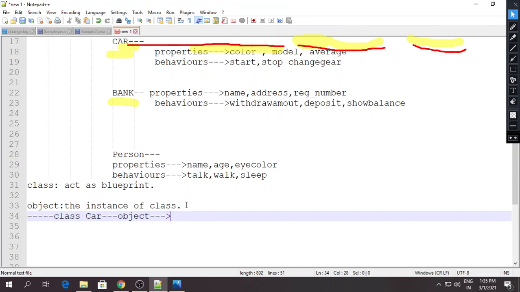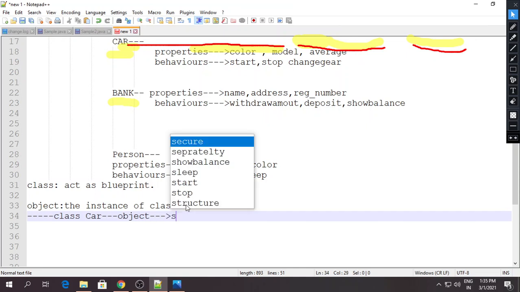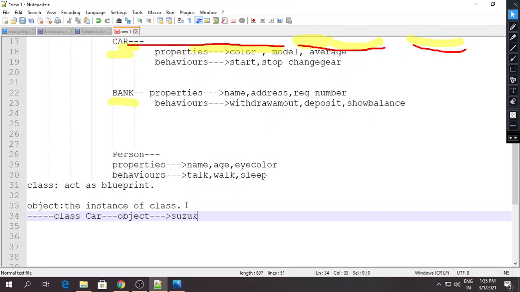Take an example: Suzuki is a car. So Suzuki will act as an object and the car will act as a class. There can be a number of objects. Yes, obviously. If one car is a Suzuki, the second one you can consider a Zen. In this way the class is a car, and the objects are Suzuki and Zen.